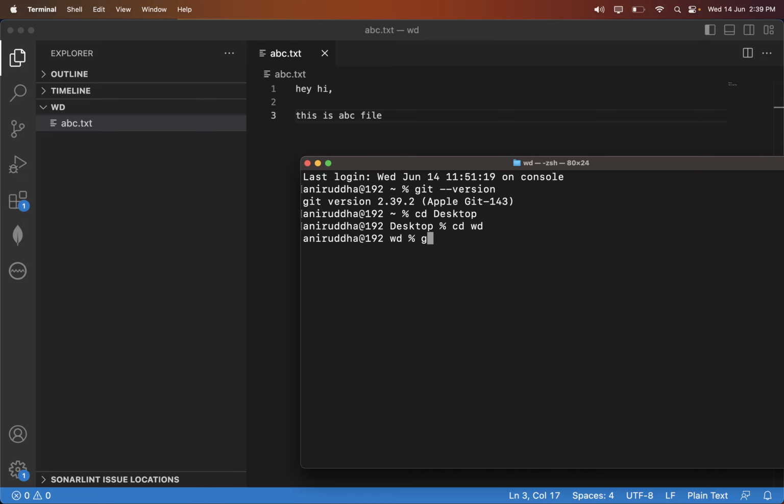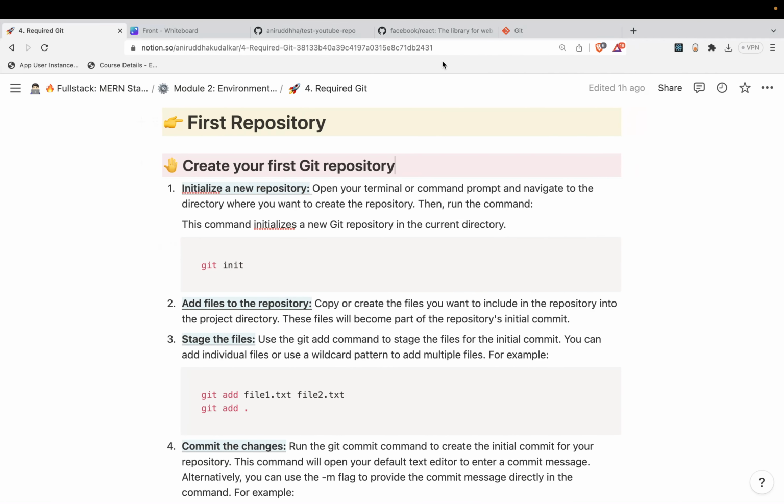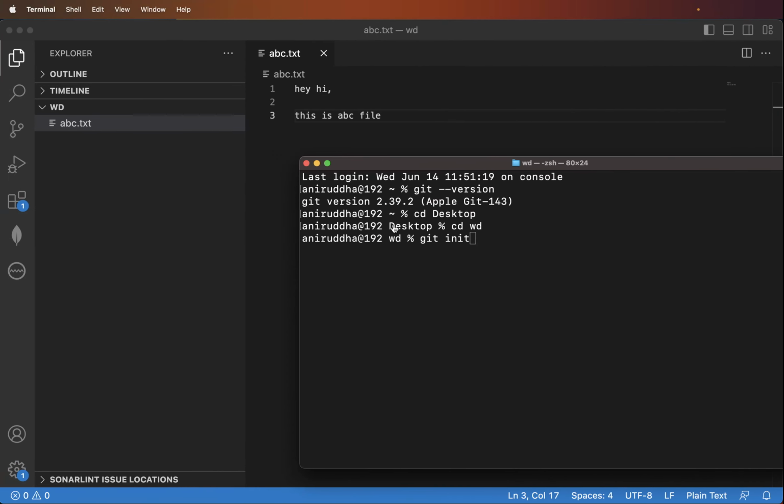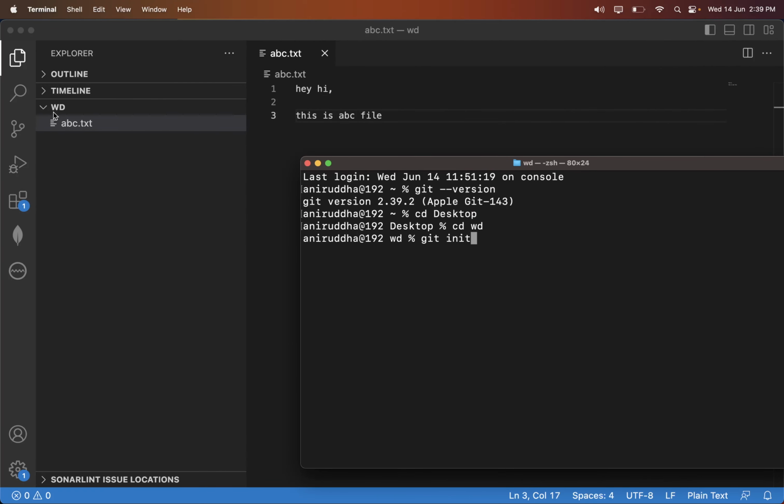Now what I want to do is git init. So I have created the first repo. You can create the repository anytime, no problem. But we need this URL sometime later, in this session only. So here we created the wd, git init. The first command git init will initialize an empty git repository. Can you see? Means what it has done exactly, if you look at this path, it has created